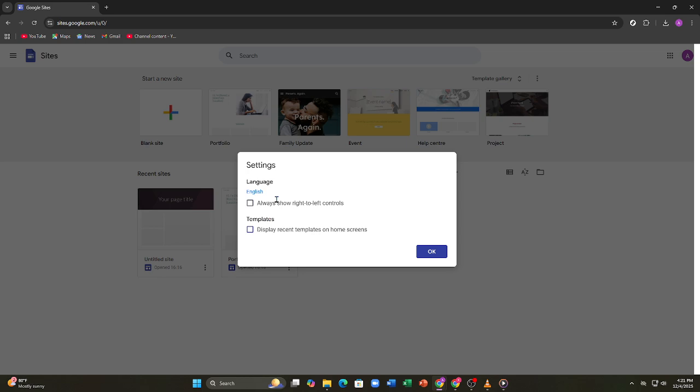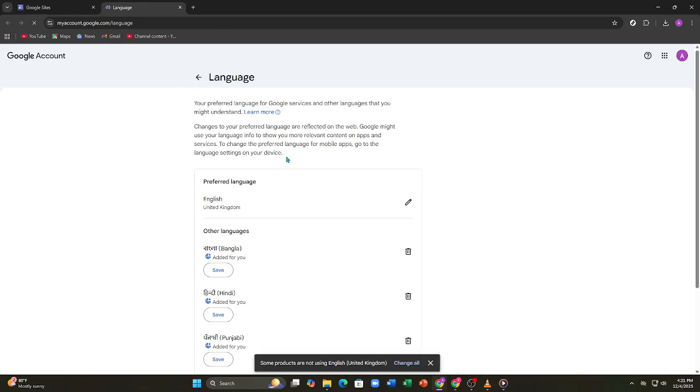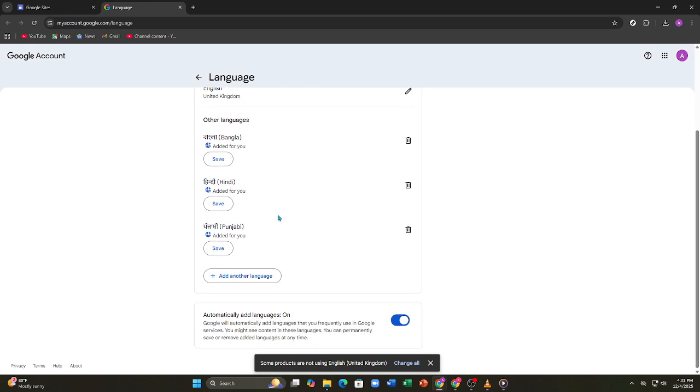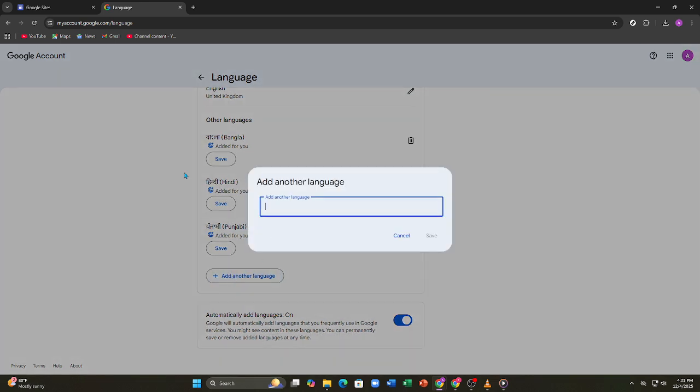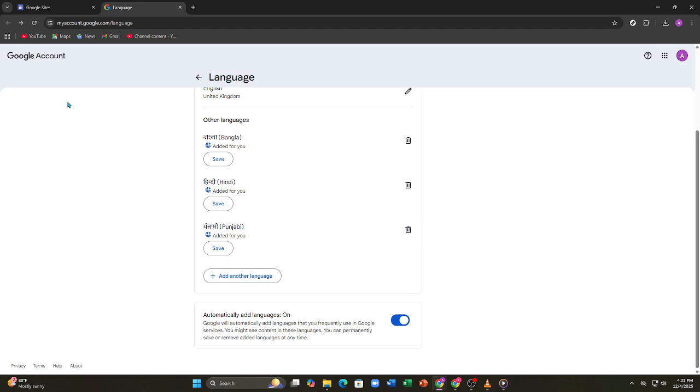Next, Google Sites automatically adjusts to the visitor's browser language, so they'll see some interface elements in their own language without you setting anything. You can also set a preferred site language in Site Settings, so search engines know how